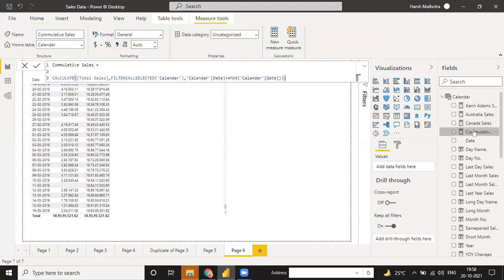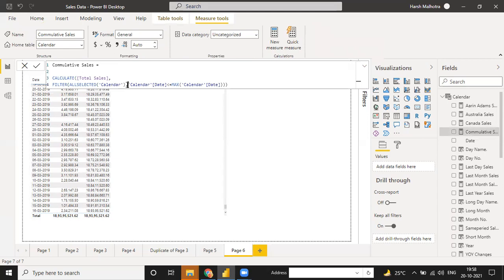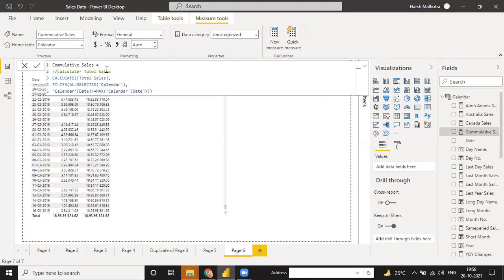I can just tell you what the shortcut of this is. You just have to remember the calculate function, total sales. And after this you have to filter.